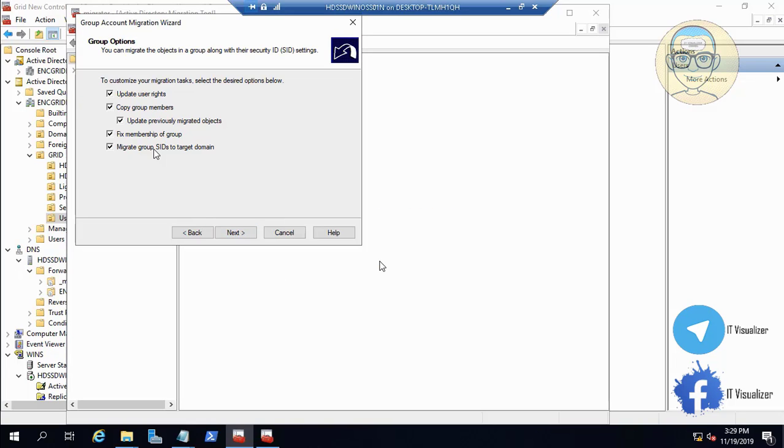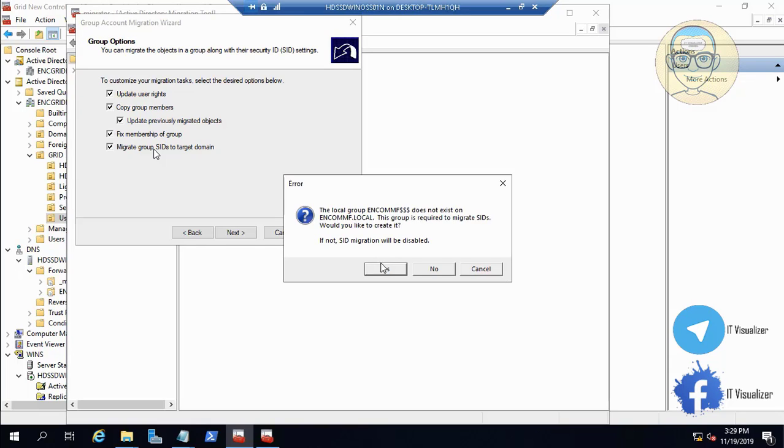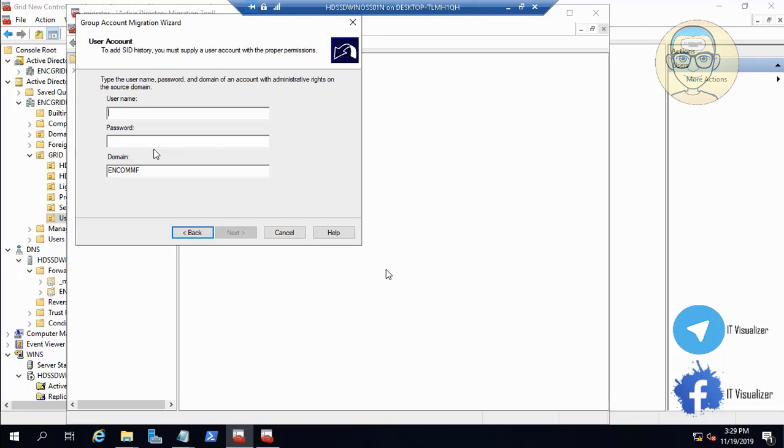So here auditing is not enabled on the target domain. Local group does not exist. It's required to migrate, as you would like to create it. Okay, I don't know if the SID migration is needed. I think you cannot migrate them or migrate them with the SID. I don't know actually its options, but here I am using the user that will be used to migrate this. It is my domain admin account in the old domain, okay,